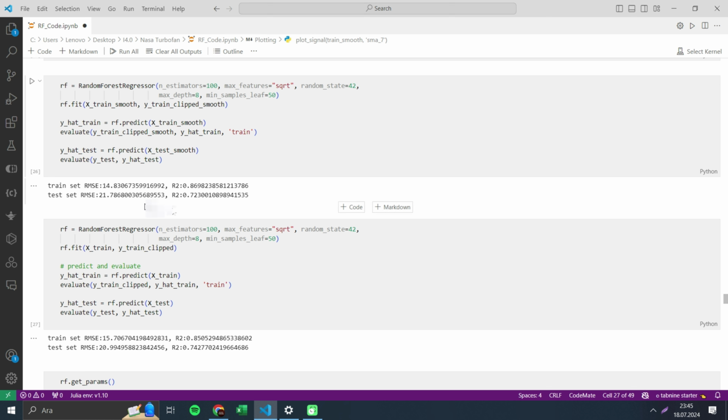despite applying the smoothing process to both the training and test data, the root mean squared error on the test set did not improve compared to the non-smooth data. And this indicates that smoothing the sensor data did not enhance the model's ability to predict the remaining useful life in these specific instances. And what we can say